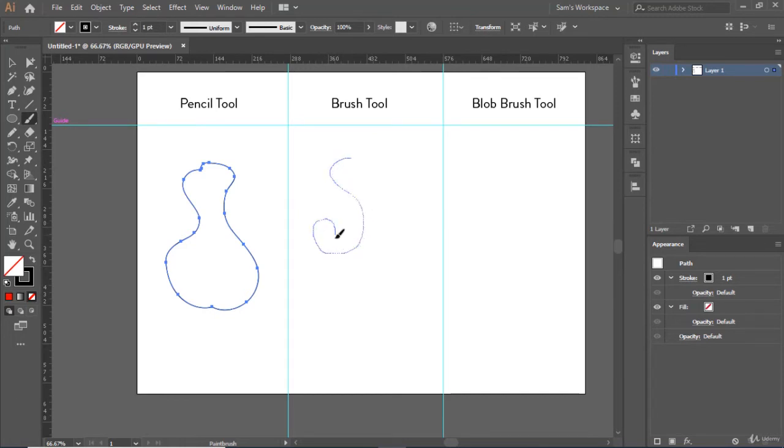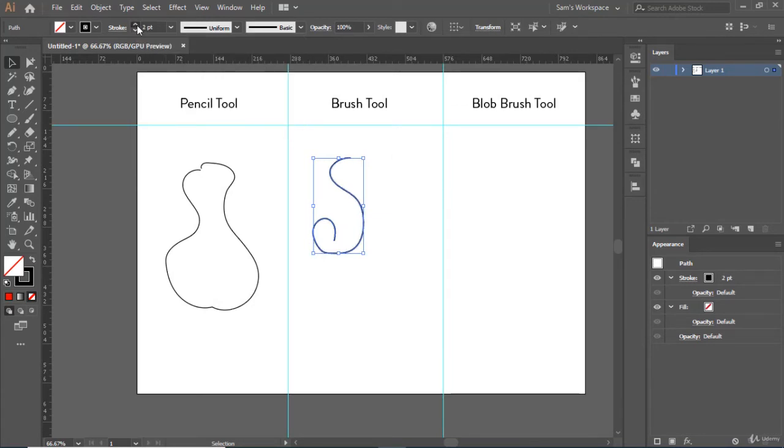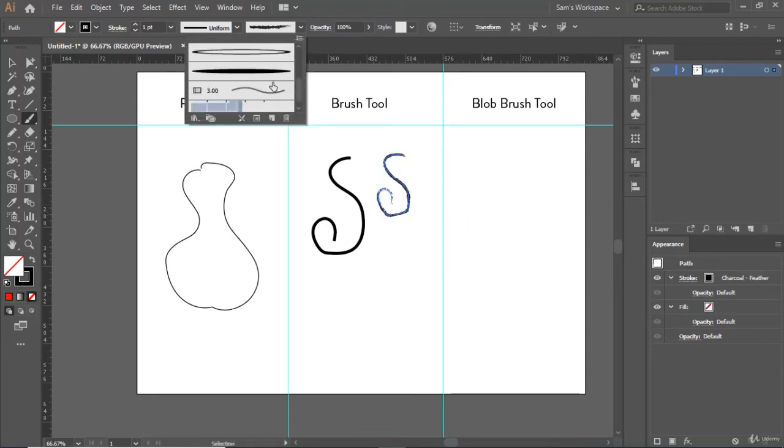It's very similar to the pencil tool, except that the strokes will be more fine and superior, and you get the flexibility of changing the strokes from here, and you can also adjust the thickness. See, I'll draw an object, it comes out more smooth, and you can select any kind of brushes from here,